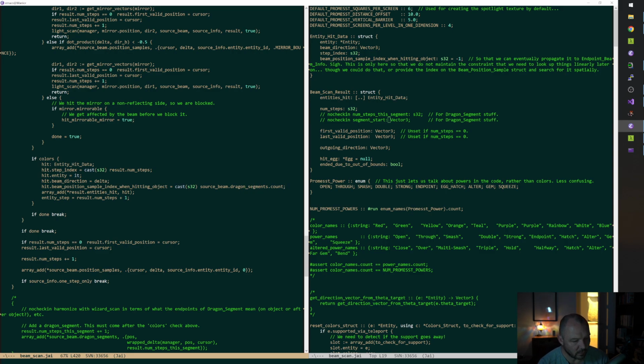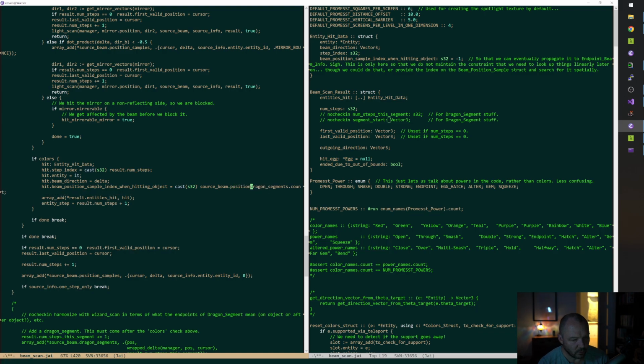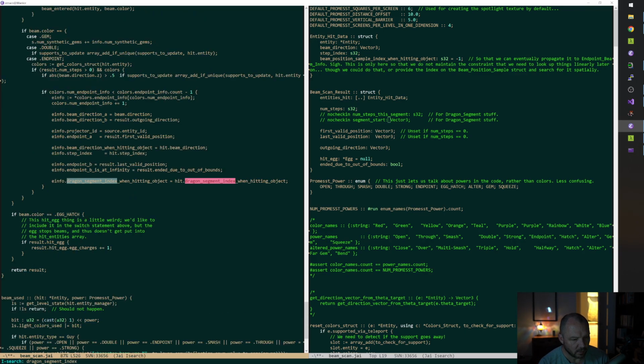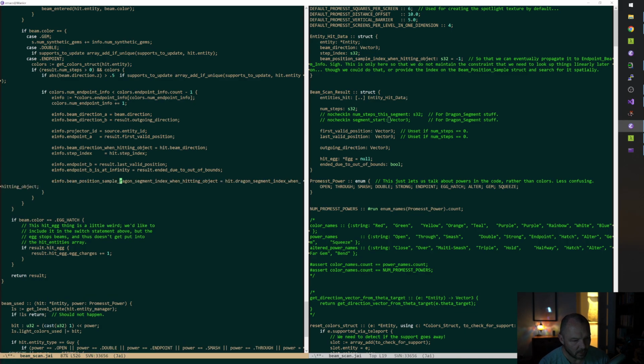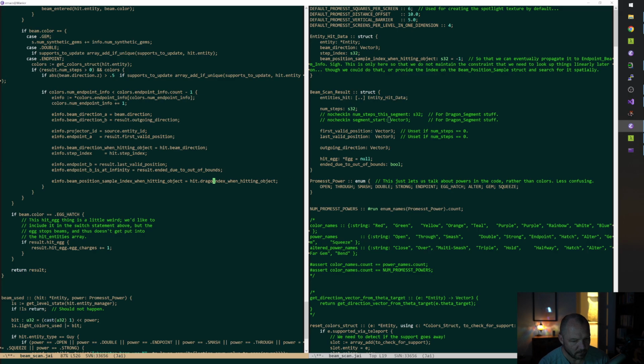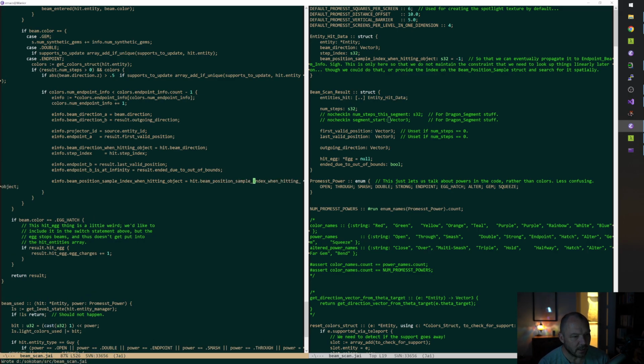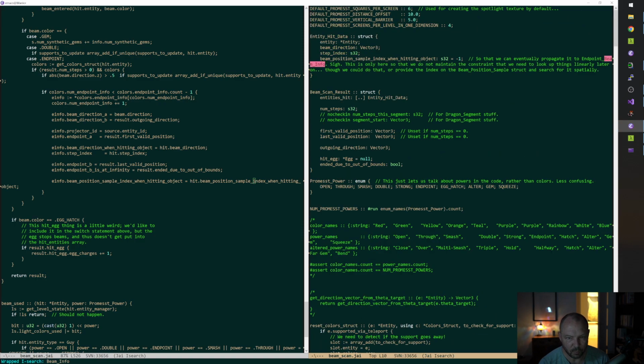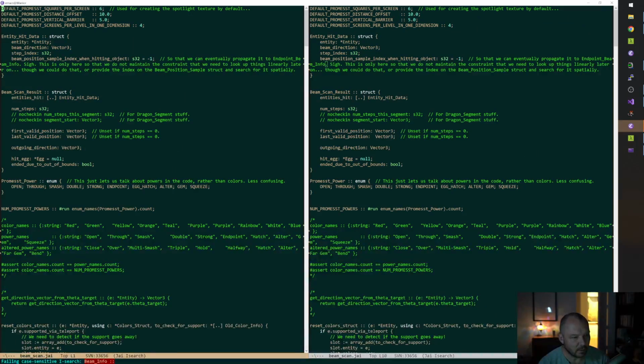Source beam dot position samples dot count. And then down here, this is going to be beam position sample index. Okay. Now that's on e-info, which is a beam info, something like that.